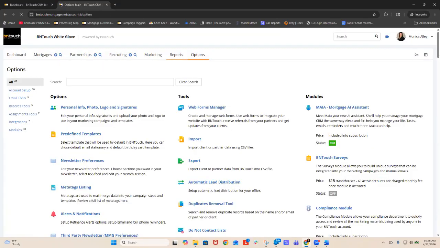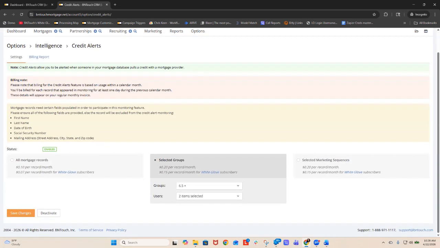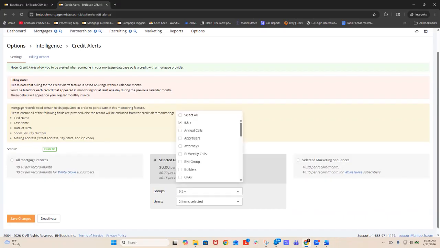Thank you. All right, so admins have access to the different modules, right? So if you're not an admin, you won't necessarily see this. So in my credit alerts, when I'm activating it, as you can see, you can have it on for all mortgage records, or you can delineate it by group. So if I wanted to turn this on for my rate watch folks, I can do that, right? If I want to only focus on these particular people, I don't care about my past clients, I just want to have it for them,